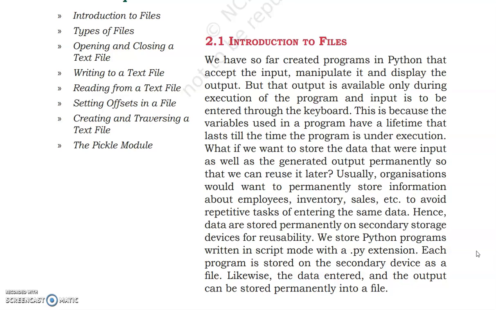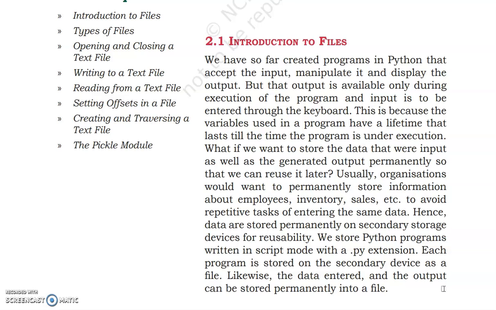Now if you want to store the data that were input as well as the generated output permanently, so that we can reuse it later, so that we can make use of it later on, how do we do that? Okay, now one important reason why we have to do it is to avoid repetition of tasks.